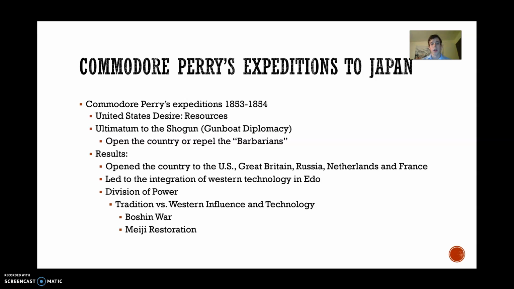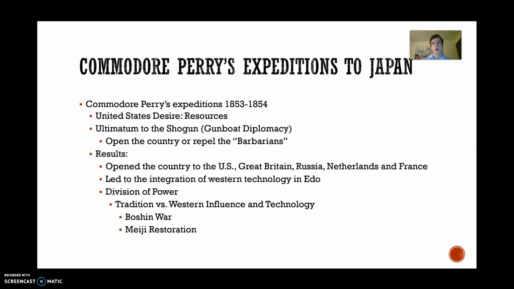As a result, the shogun ended up opening up the country. He opened it not only to the U.S., but to Great Britain, Russia, Netherlands, and France as well. And it led to an integration of Western technology in Edo. Edo in particular got quite a bit out of this, but it did also create a division of power due to